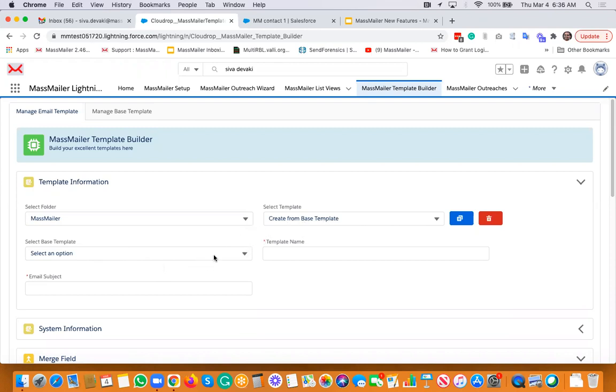This upgrade will be pushed to all our customers, provided you're on 2.47 or 2.46. In the coming week or so, we'll push that upgrade. Just want to highlight that. And then